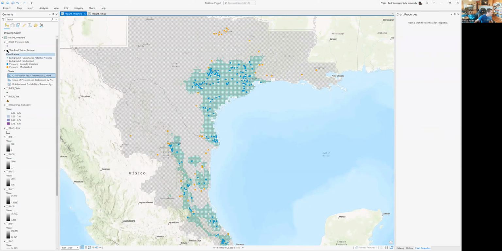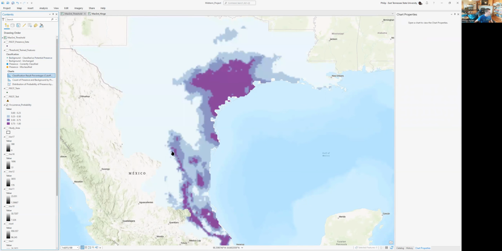There's also another raster generated that shows the distribution of your occurrence probability. The purple represents areas of 75 to 100% suitable. The dark blue is 50 to 75%. Anything other than that is going to be non-suitable, since 50% or 0.5 was my cutoff point for areas considered suitable